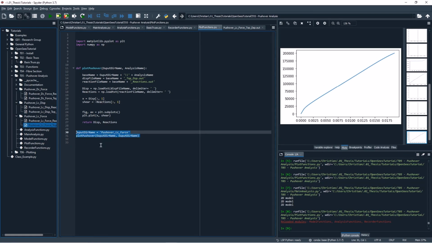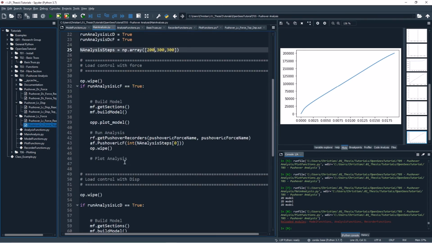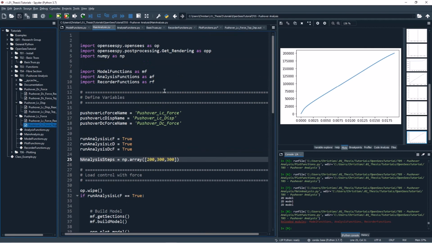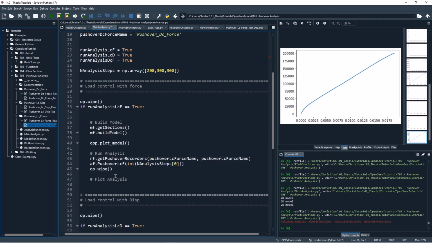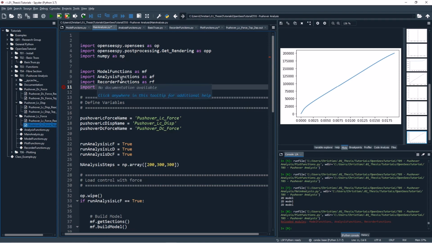Just for convenience's sake, let's import the plot function into the main analysis. I will say generally you probably want to have a separate plot script that creates your plots that isn't in the main analysis. You don't necessarily want to be cluttering up the main analysis with plotting too much. But for what we're doing right now, I will import the actual plot functions here, and we'll use them with each run to see what happens. So let's import plot functions